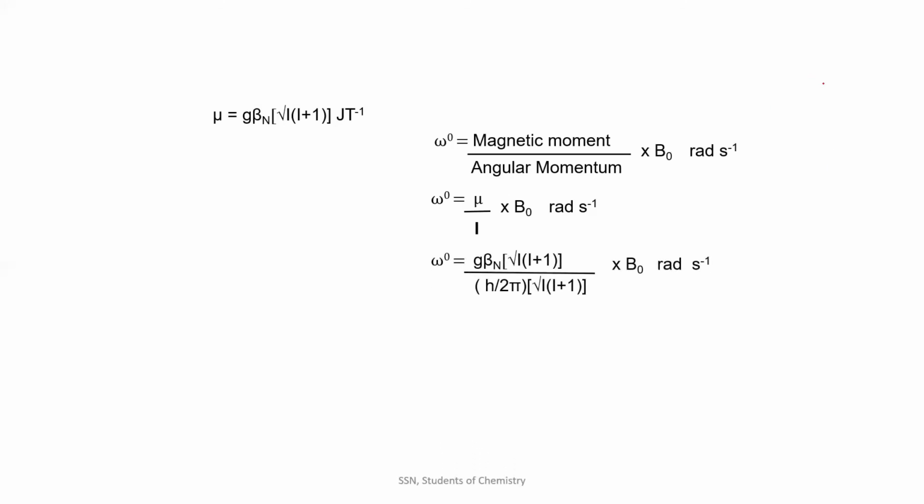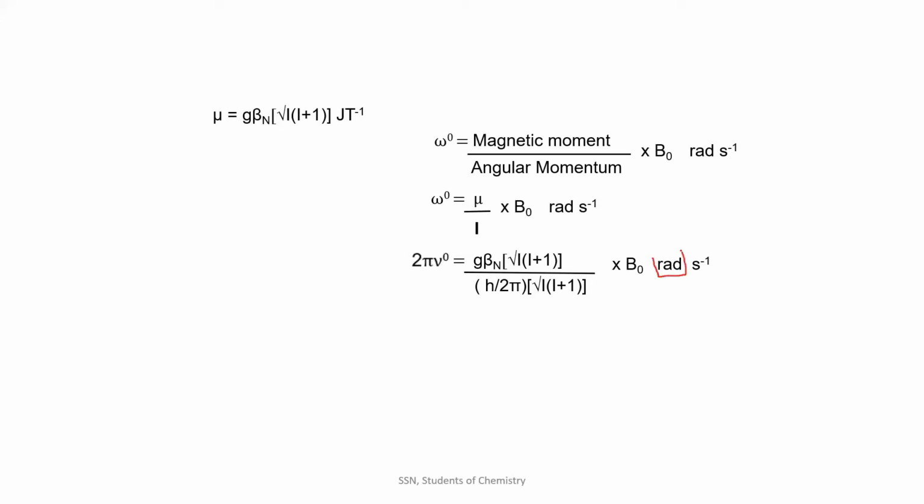I previously told that omega naught is nothing but the frequency into the radians, that is, into the 360 degree. 360 degree we also call it as 2 pi, because pi is 180 degree. So we can also call it as 2 pi. So omega naught, I am rewriting it as 2 pi nu naught.